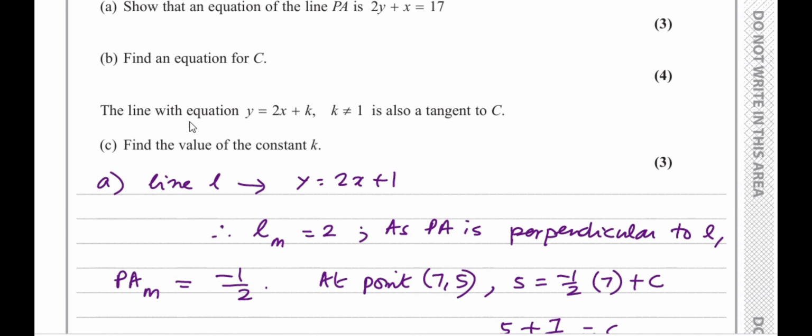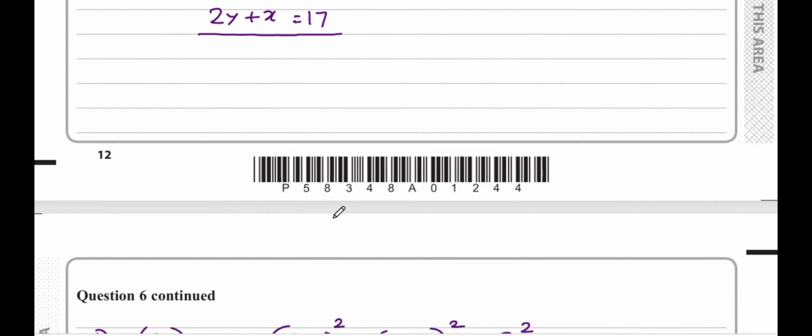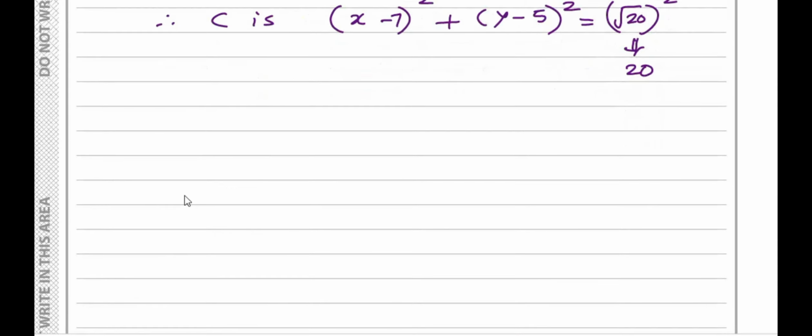Next part of the question: the line with equation y equals 2x plus k, where k is not equal to 1, is also a tangent to C. Find the value of the constant k. Let's sketch it out to see what the question wants us to do. We already know that y is equal to 2x plus 1 is a tangent. So if I draw the circle here,